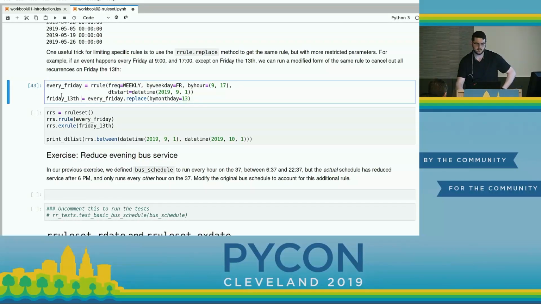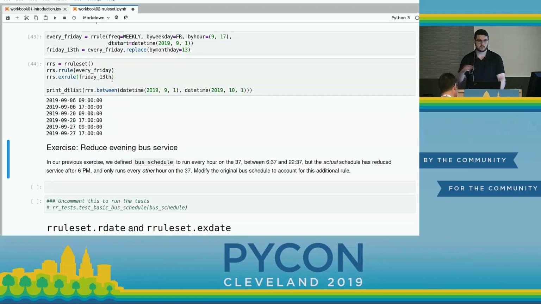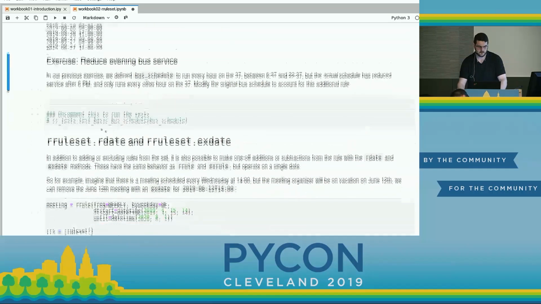And then say I want to exclude from that rule anything that's on Friday the 13th. You can't just have a filter lambda or whatever that's like anything that matches this is filtered out. So what you have to do is generate the same date times, and you can do that by just adding the by month day, which to 13, right? So we want this rule, but only when it falls on Friday the 13th. And if I add one and then subtract the other, then I'm going to get 9 and 5 every Friday except for Friday the 13th. Okay,